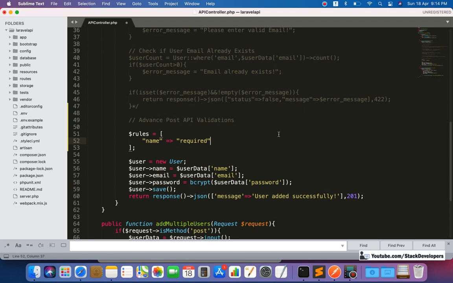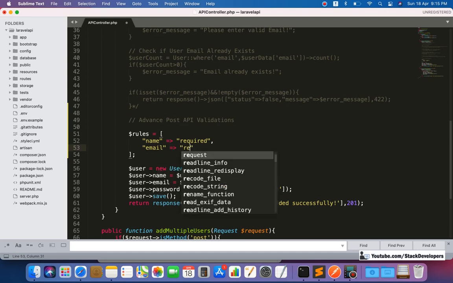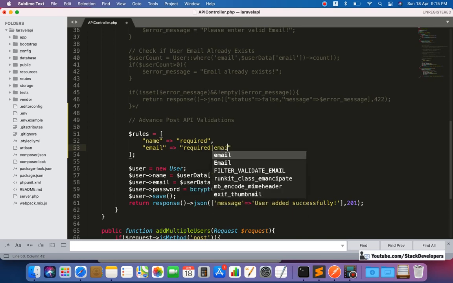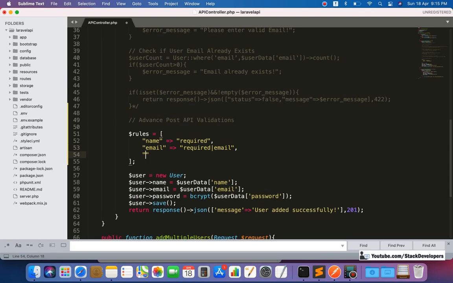For email we will add the rule required, and the next rule is email. These rules are predefined in Laravel, so it's really easy to write. These two rules we are going to add for now, and the next one is the password.